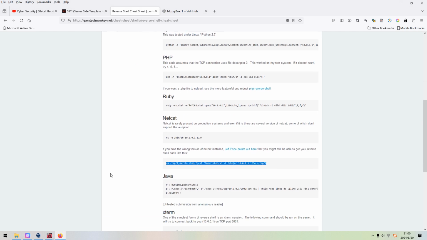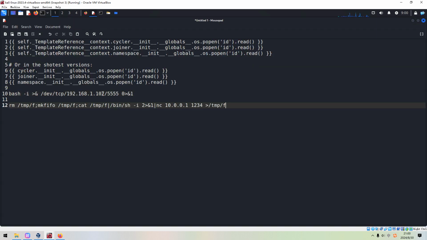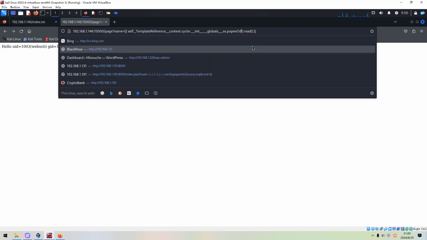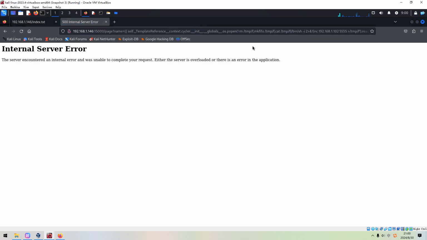We can copy again, and copy the IP address from this line and paste it in here. Press enter. We got the same error, internal server error.